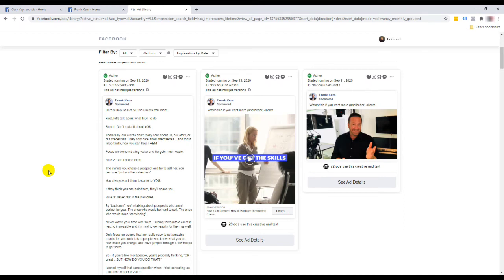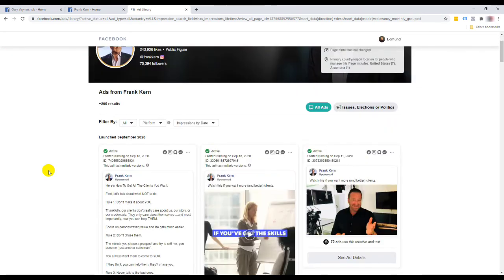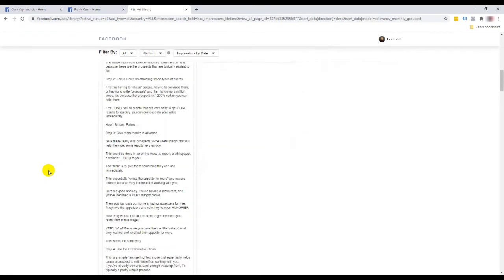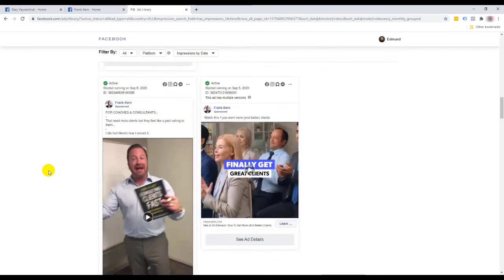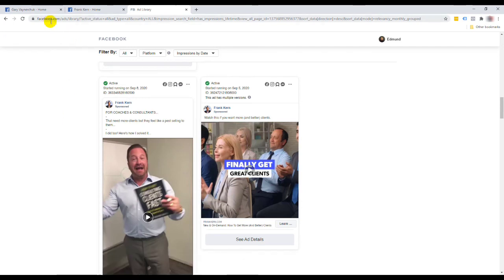Now, what's the use of spying on Facebook ads that are being run by pages like this? I just want to say that it's a good fact finding. It's good for you to model after what is working, or what is not working, and avoid them. And at least you get to have a good idea what kind of competition you are up against. All right. So as you can see, it's a very simple tool, and you don't have to buy any third-party tools like the old days anymore. It's pretty much right here. In fact, you can just go to